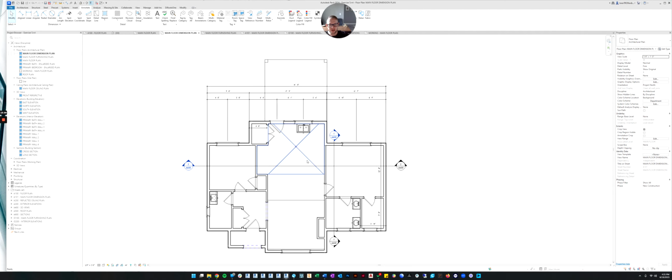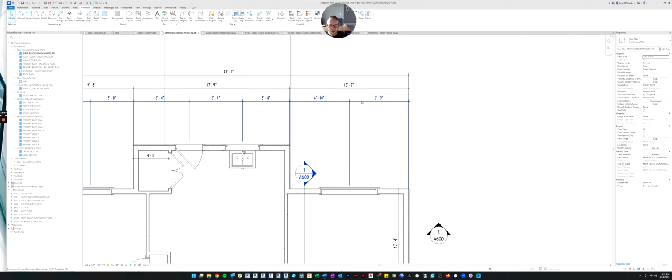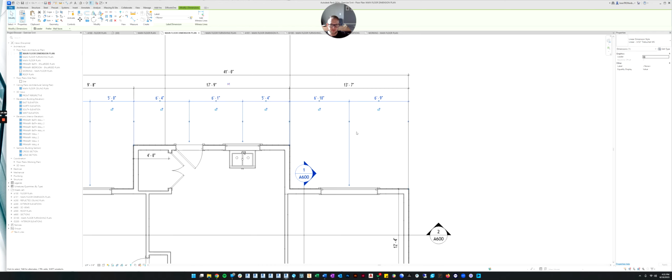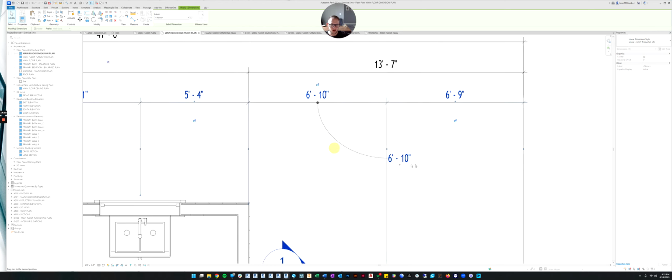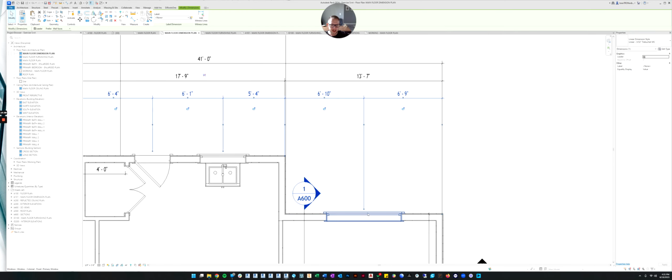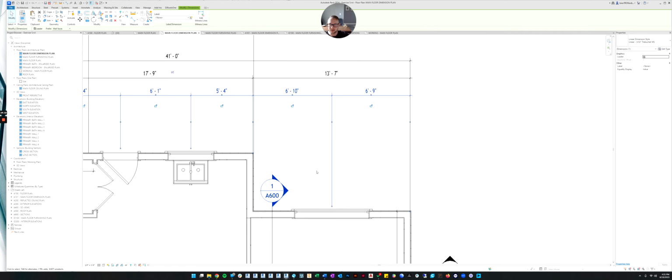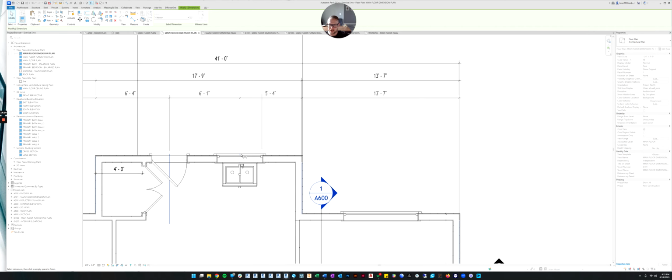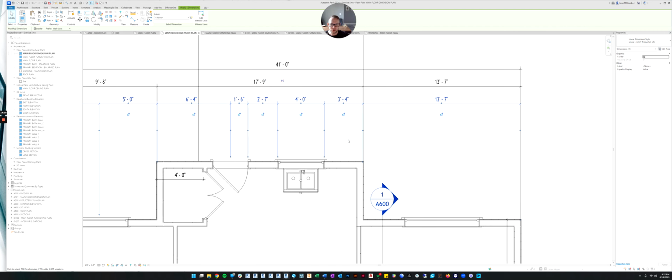Let's talk a little bit about editing dimensions, since we're talking about dimensions. See how these dimensions, if I click on them, I can move the text if I want. You can move it wherever you want. You can also, if you didn't like having this window in this dimension string, if you accidentally clicked that on, you can always come up here with the dimension string selected. You can add or subtract things. So if you click that button, I can take the window out. I can also add other things, like if I want the edge of that door, I can add those in, or I can pull the center line out and then click in the blank area to finish.